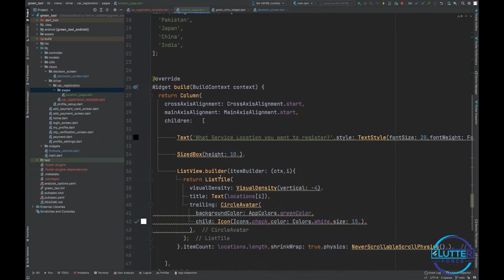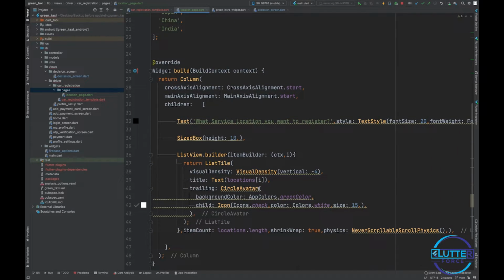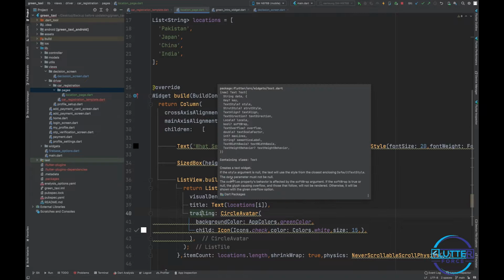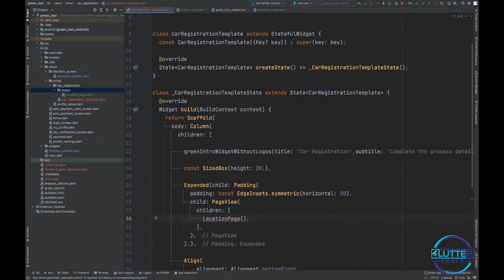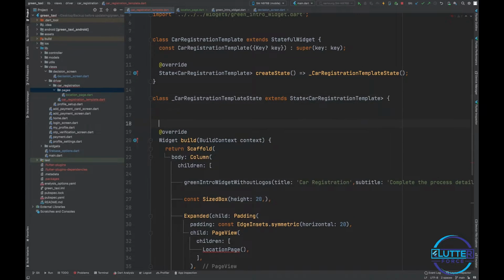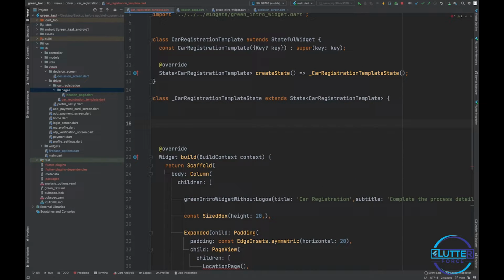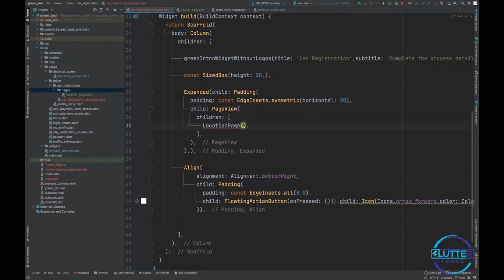Now we have created the trailing element in the list style. This will basically show the check on the right of the list style. So now we have to provide a selected location. Initially we don't have any selected location from this class, so let's create a variable for it. Initially I'm going to provide an empty string, and let's provide it over here,